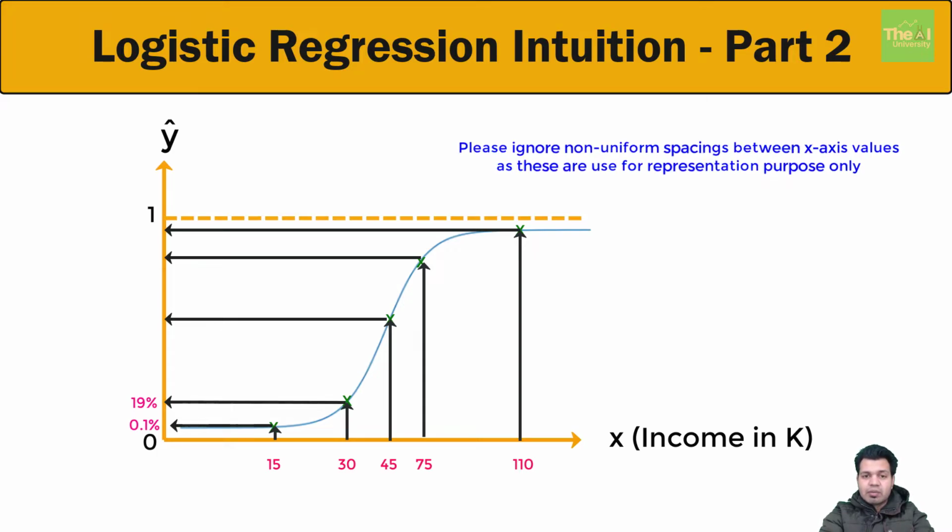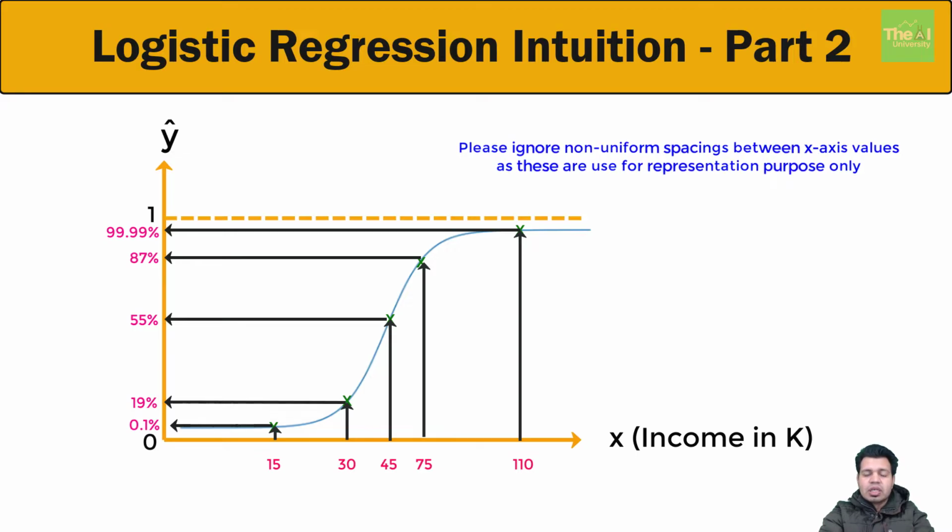The person whose income is 45,000 has the increased probability of 55%, and the person with income 75,000 has the probability of 87% of clicking on the email offer. And lastly, the person with income 110,000 has the probability of 99.99% to click on the email offer